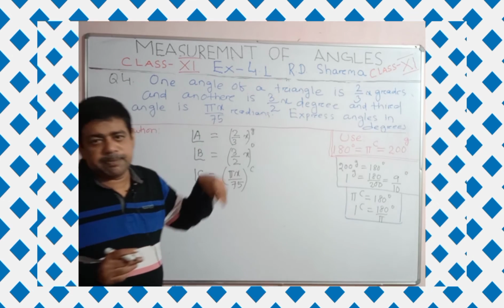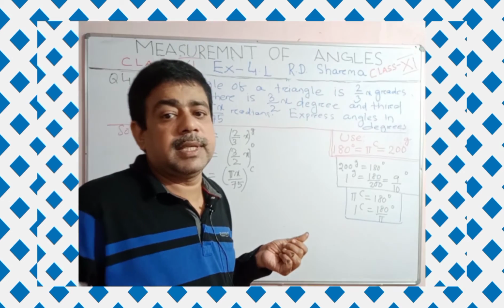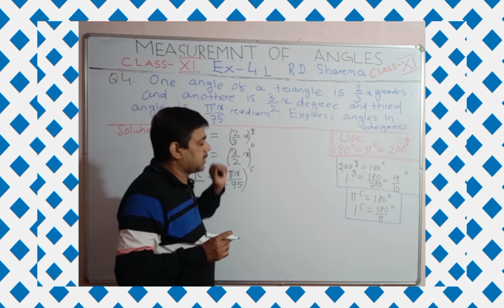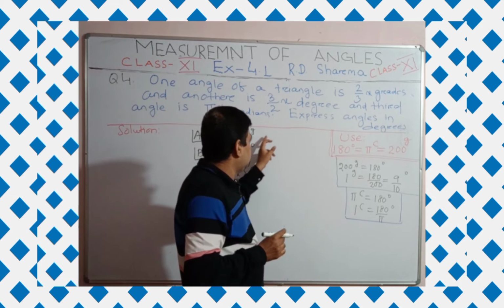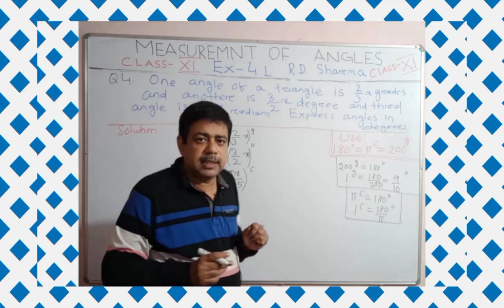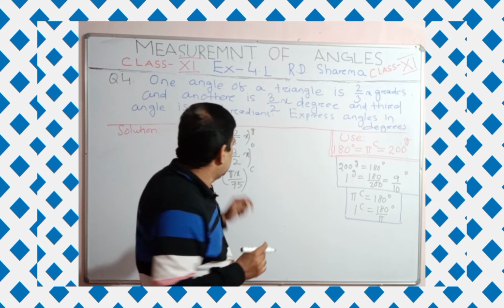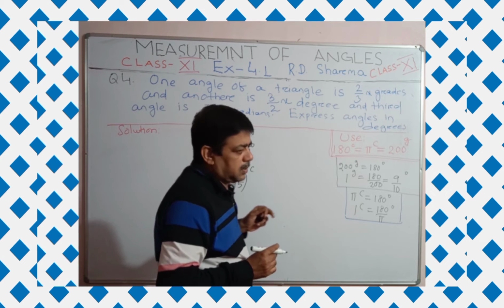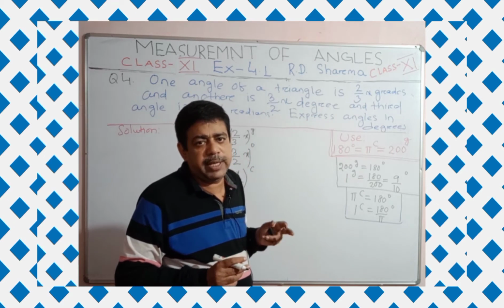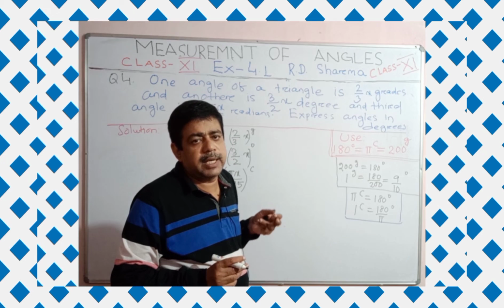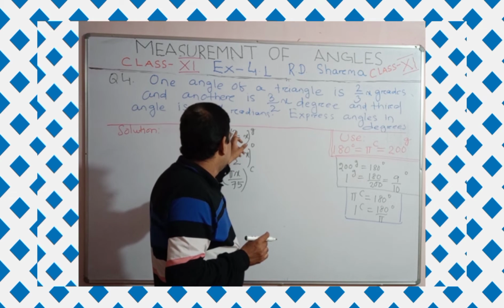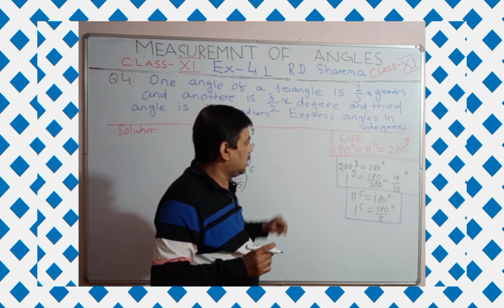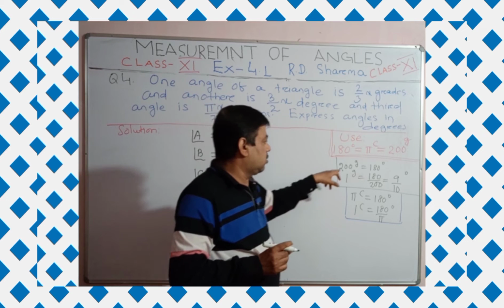We have to express all the angles of the triangle in degree. Here the angle A is given as 2 upon 3x grade, and angle A you have to express in degree. Let us express all the angles in degree as per the requirement. Here the angle A, which is 2 upon 3x grade, is given in grade, so let us convert this angle from grade to degree according to this relationship.